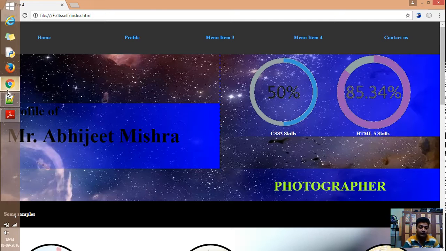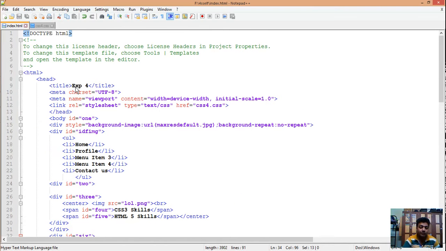Now let's see how this web page is working. In this web page I have given a title name. Experiment 4 is the title name. Then there are some meta tags. Then I have given a link. We have used some external CSS, that's why I have given the href